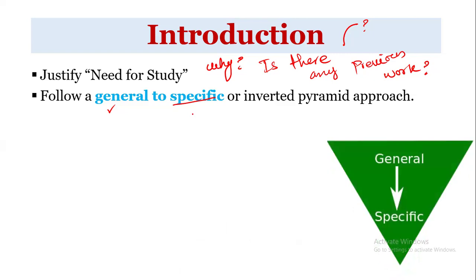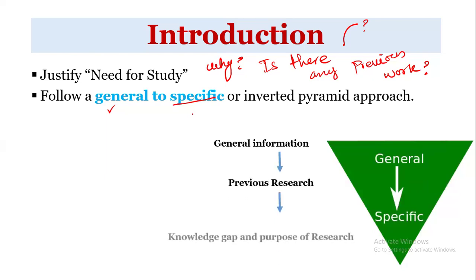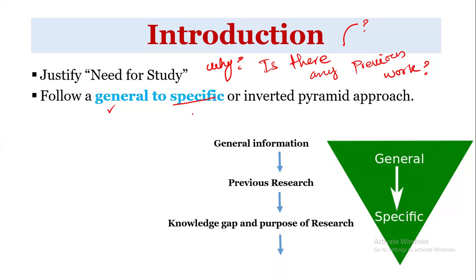So the approach will be from general to specific, and this is the information which will be the part of introduction: general information, previous research, knowledge gap and purpose of research, and the last one is the research significance of research. So in general information, we will introduce the particular topic we are interested in. For example, if we are planning to perform a research on a particular disease,